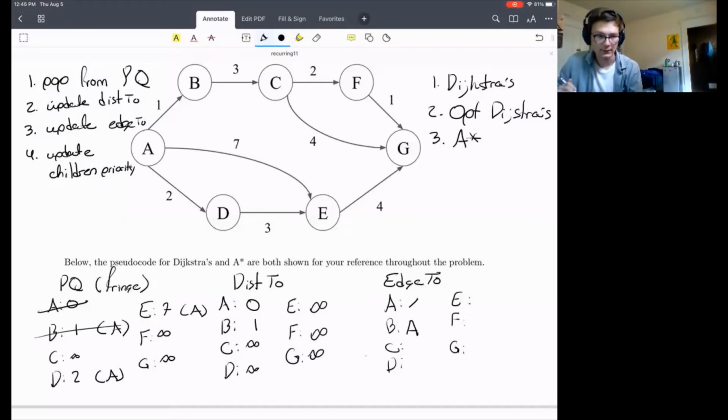B only has 1 child, it is C. So what is the distance to C? The distance to C is 4. Why is it 4? Because it takes 1 to get to B, and then it takes 3 to get from B to C, right? So we're going to update the priority of C to be 4, and we are going to say, okay, the node that takes us to C via what we think is currently the shortest path is B,